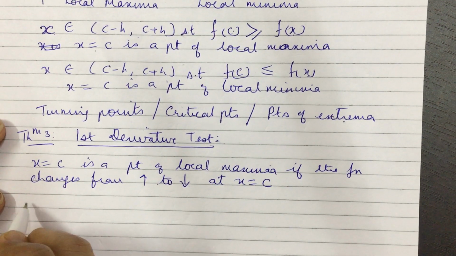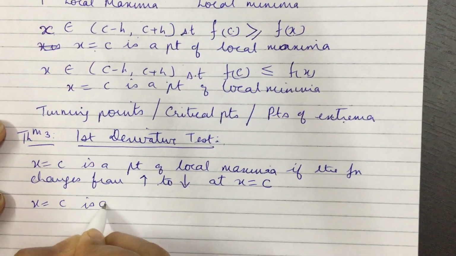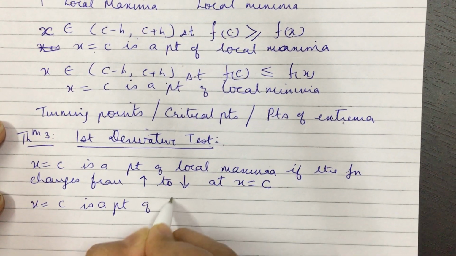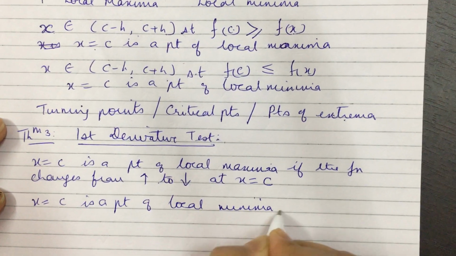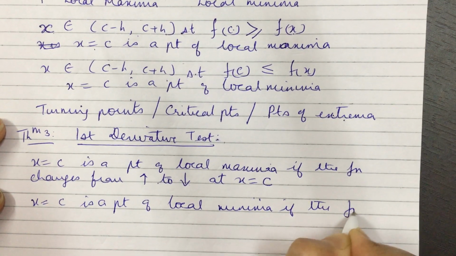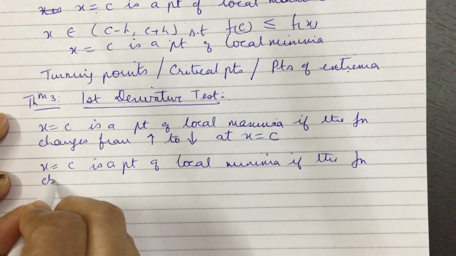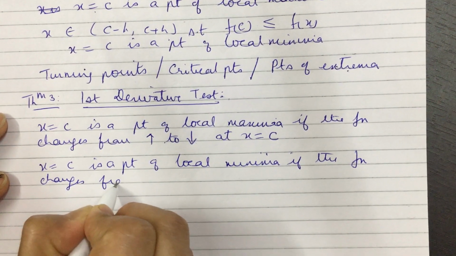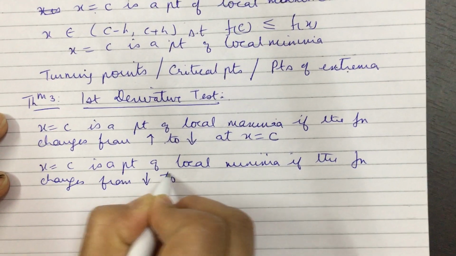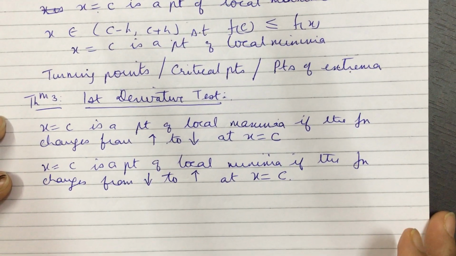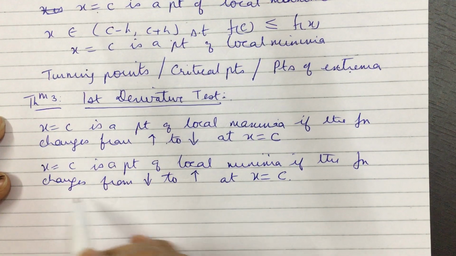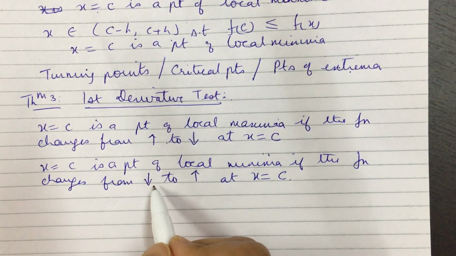So what do we have? x equal to c is a point of local minima if the function changes from decreasing to increasing at x equal to c. And based on this only we have,